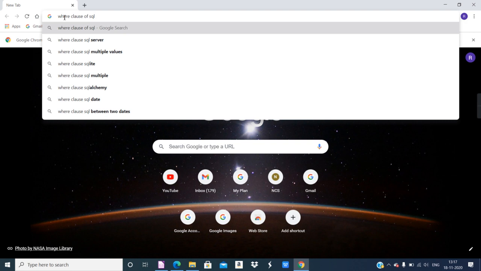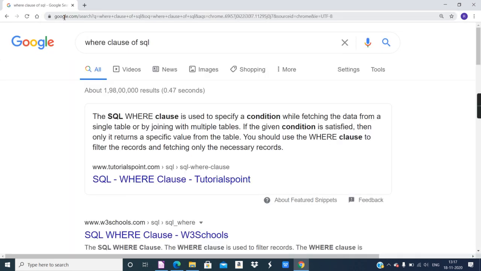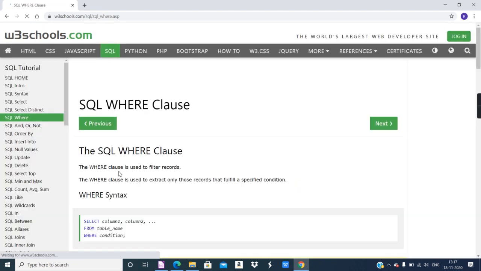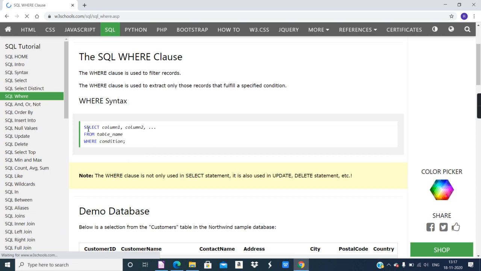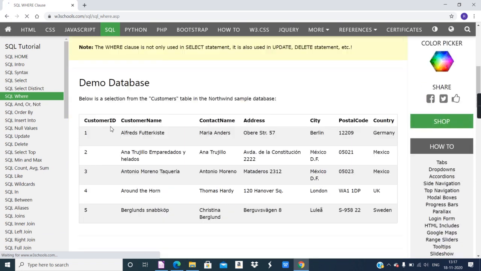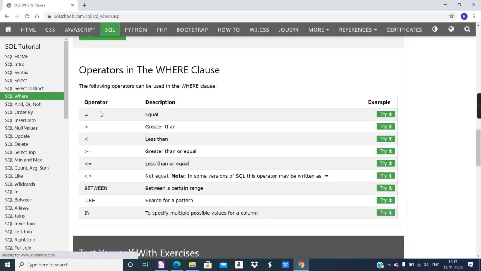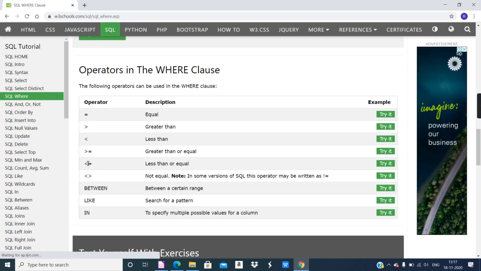Where clause of SQL. Now see this. Syntax is also available. Examples are also given. And all these operators can be used: is equal to, greater than, less than, greater than or equal to, less than or equal to, not equal to.